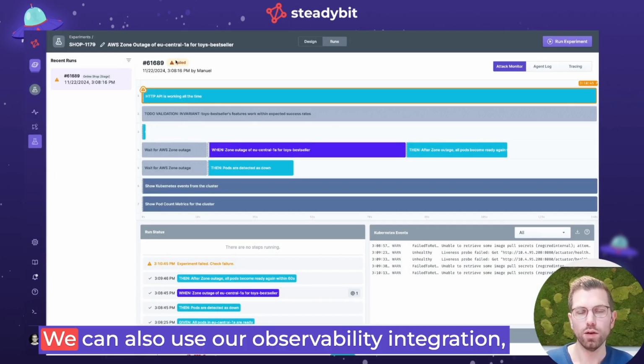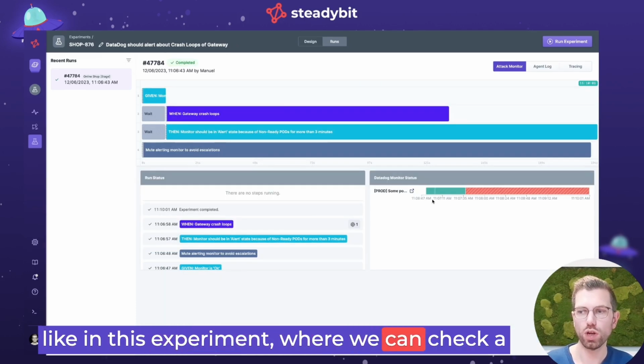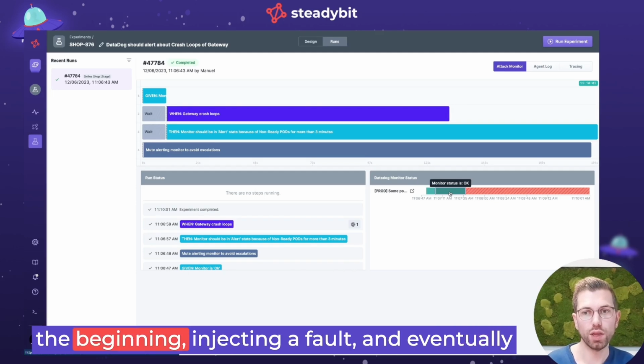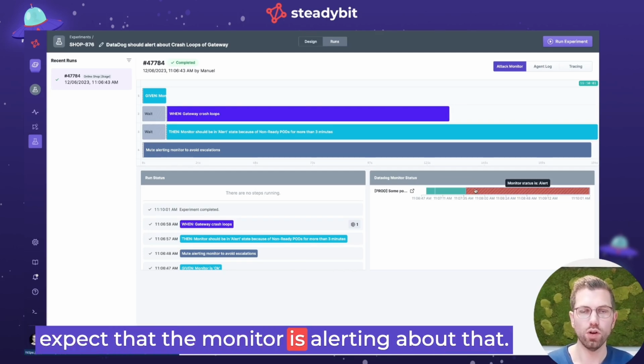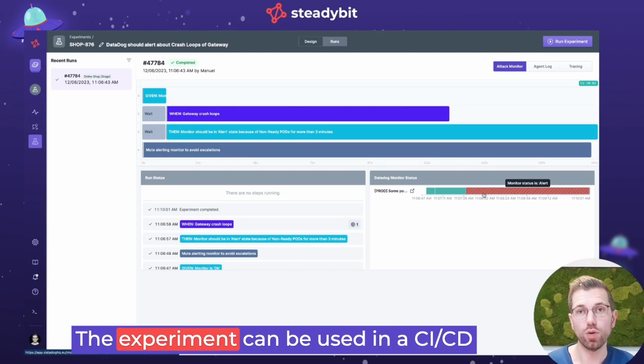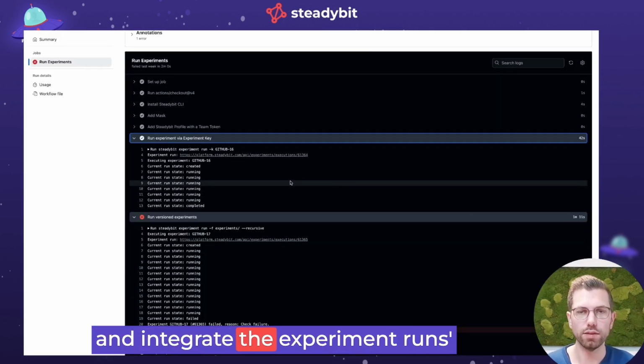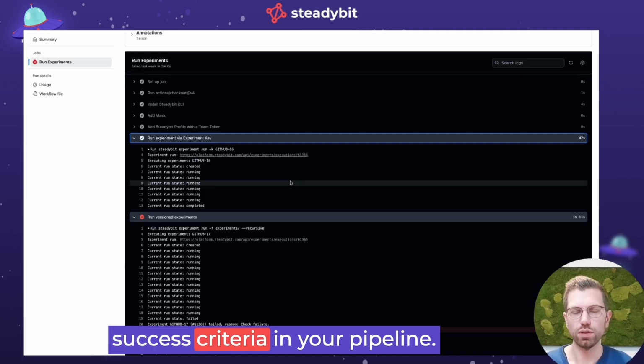We can also use our observability integration, like in this experiment, where we can check the Datadog monitor status to be in a given state in the beginning, inject a fault, and eventually expect that the monitor is alerting about that. The experiment can be used in a CI/CD pipeline by using our command line interface and integrating the experiment run's success criteria in your